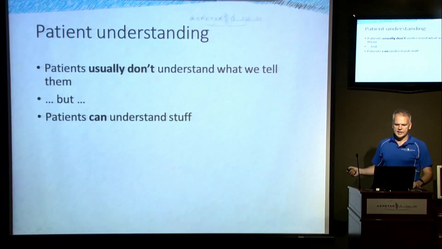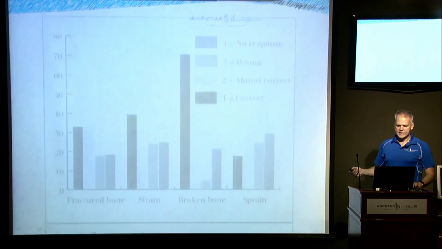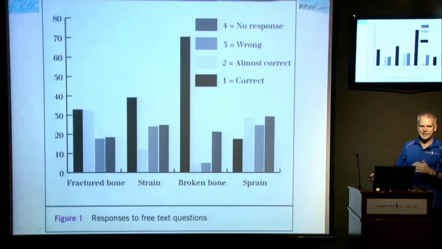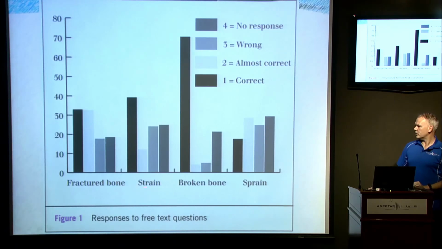Key to all of this is that patients need to understand what's going on, but unfortunately, by and large, they don't. So take, for example, this study, which just looked at asking patients to try and explain what these different terms that we use all the time are. More than half of our patients, and remember this is native English language speaking patients being spoken to by a native English speaking doctor, more than half of our patients don't know what a strain or a sprain is. And they certainly don't know what a fractured bone is. Now think about that next time we talk to our patients and we use our shorthand.